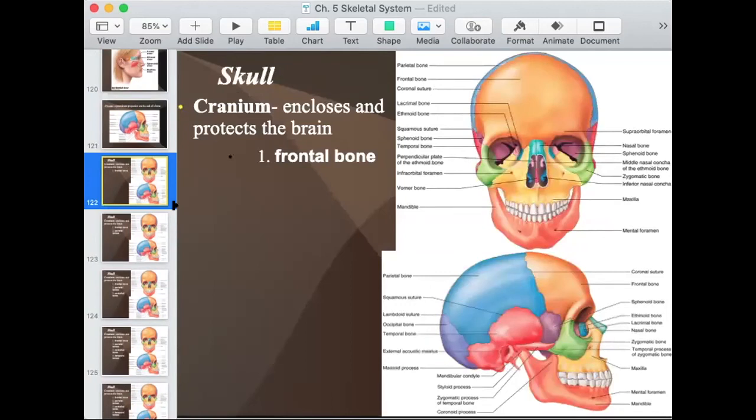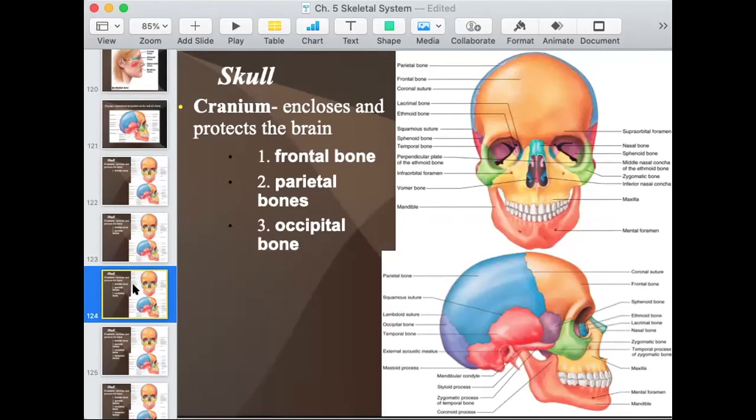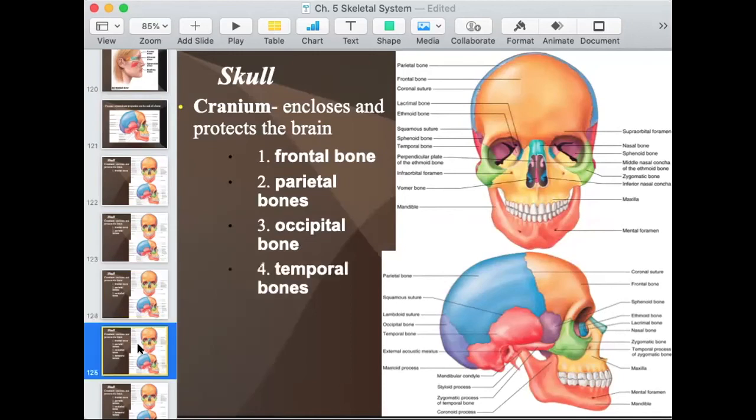Okay, so there's 8 cranial bones that we'll talk about, and there's facial bones too that we'll go through. But the 8 cranial bones, we've already gone through the names of them, but these are the ones that enclose and protect the brain. The first one is frontal bone along your forehead, parietal bones behind your frontal bone, occipital bone on the base of your skull, temporal bones,